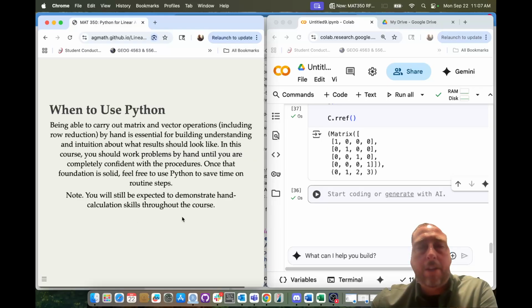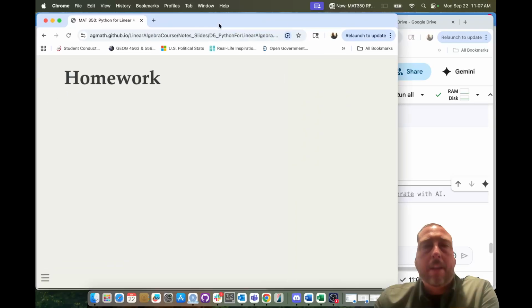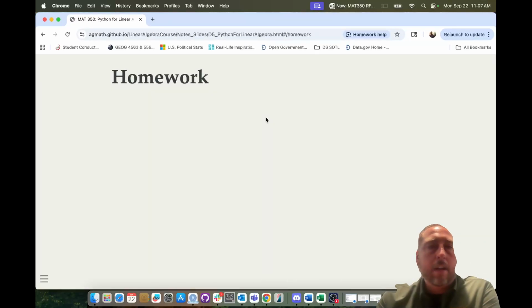We've had this conversation about when to use Python. Again, just be honest with yourself. You've got to be able to do row reduction by hand, but once you can, come to Python to increase your efficiency. And then with this, I'm going to skip over the homework because we're already past this discussion, but